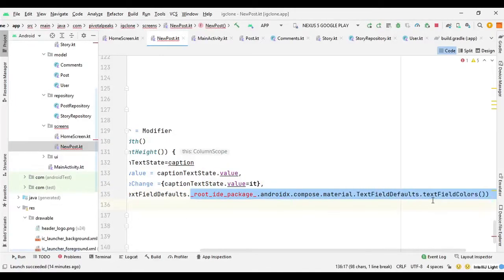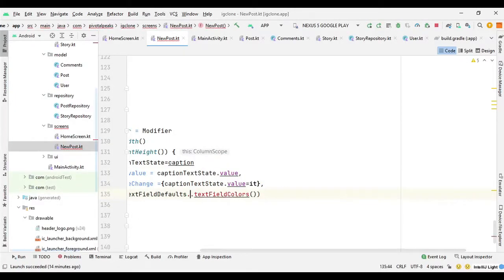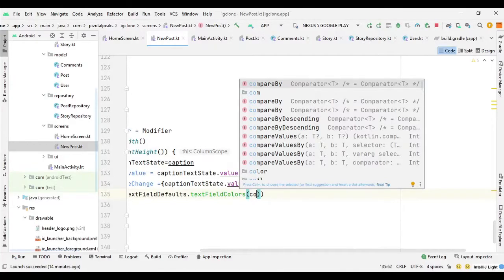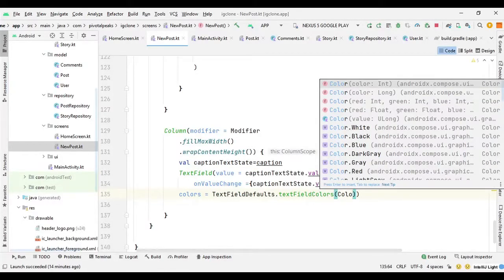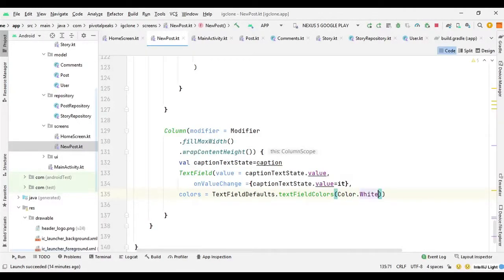Let's remove this piece of code, and let's say colors, color dot white, and what else? Okay, let's give it a label.